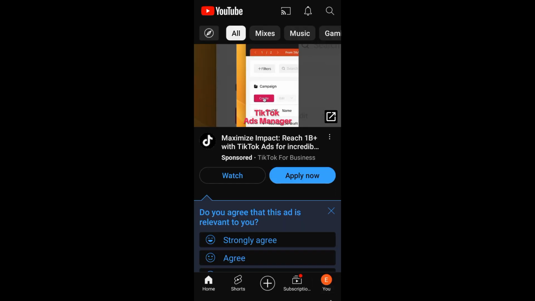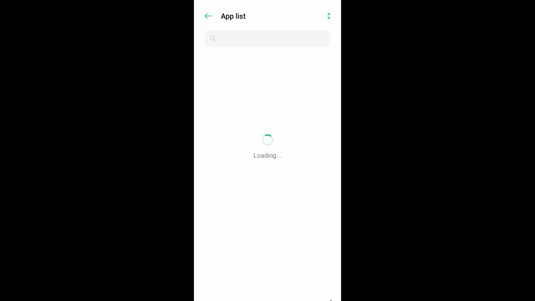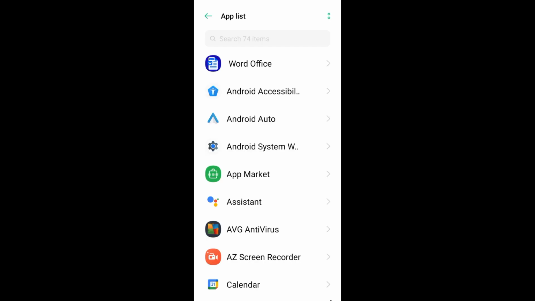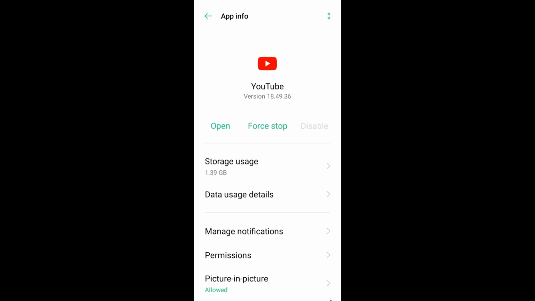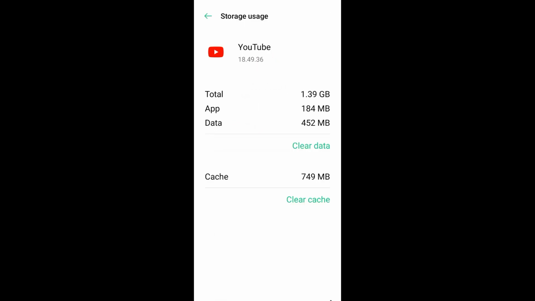So the first method here is to simply go to your settings, go to your app list, and then here you have to search for YouTube. So once you found that application, what you want to do is to look for storage usage. Okay, tap this one here and you need to simply click this clear cache and also you have to click